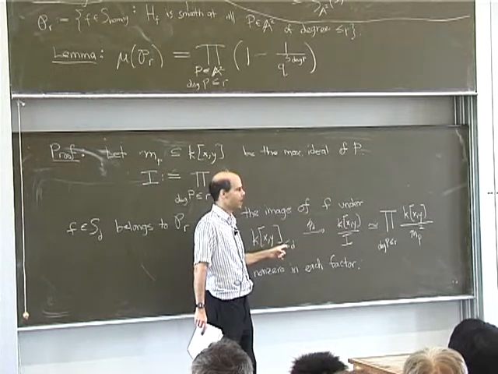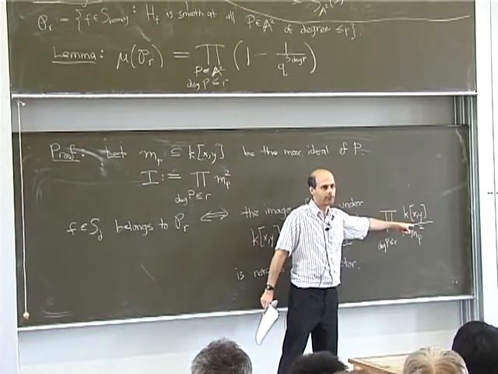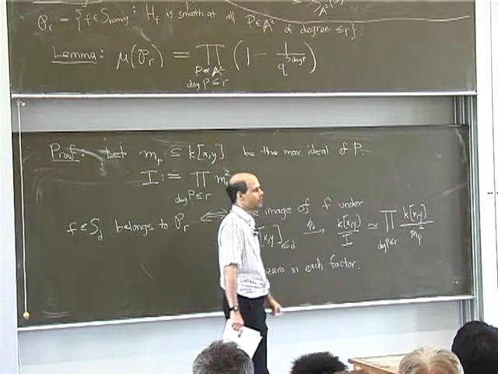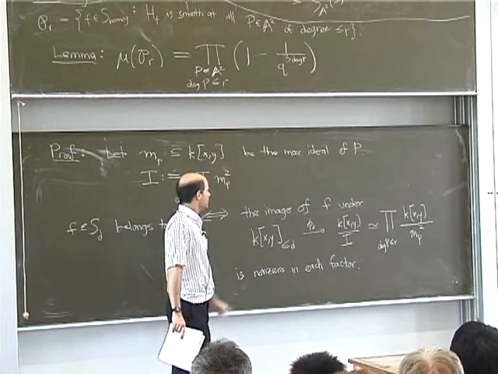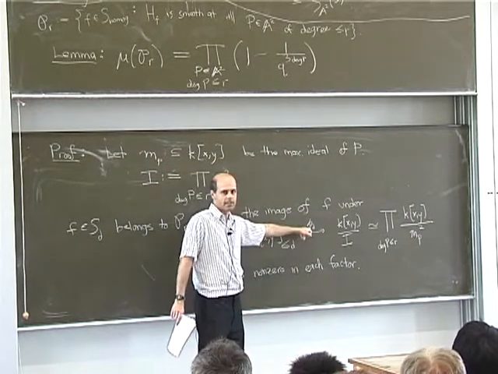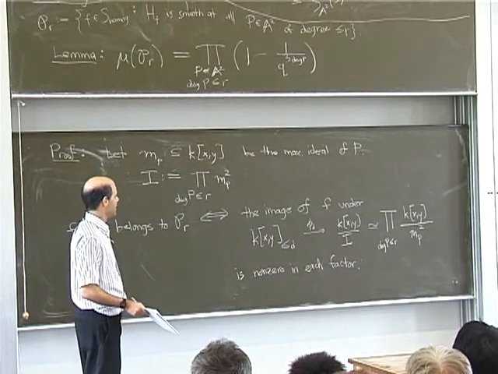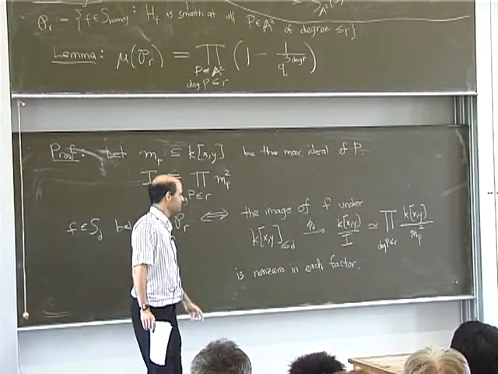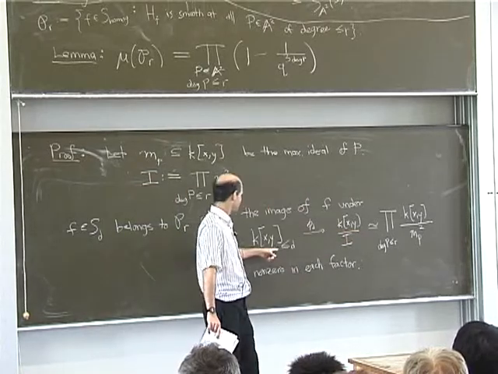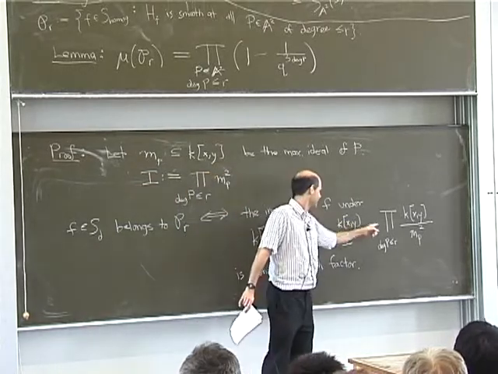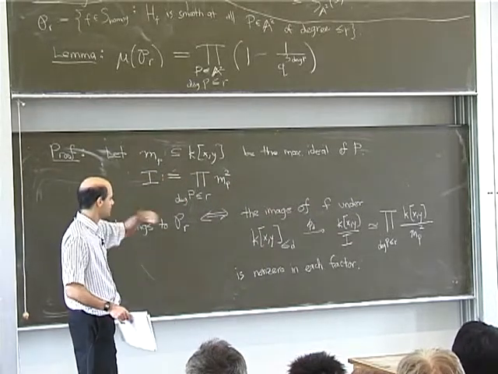Because then you can just ask what fraction of elements in this finite ring are non-zero in each factor, and that'll give you that product here. So the key point is to know that this thing is surjective. And it's kind of obvious that it's going to be surjective once D is large enough, because this is a finite ring, and if I took the whole polynomial ring, then of course that surjects onto this.